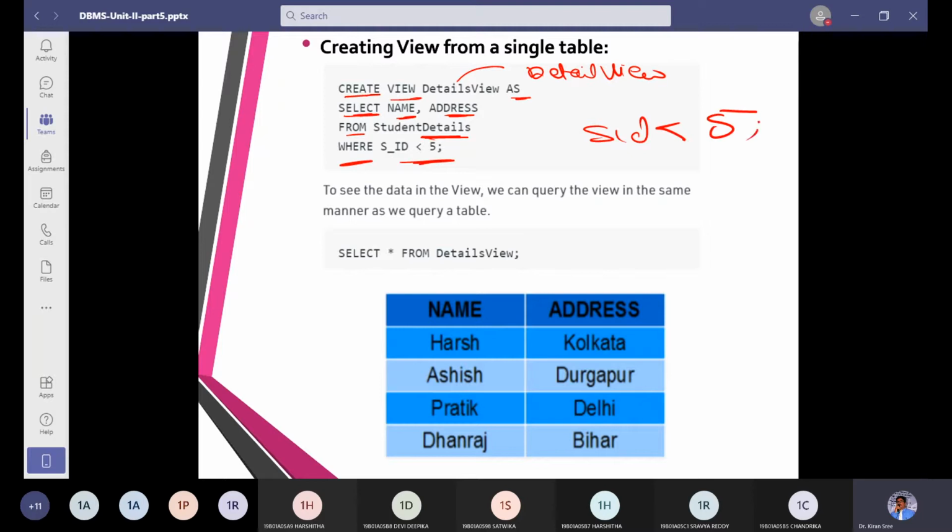This was the condition. Now, only the students whose ID is less than 5 should come.